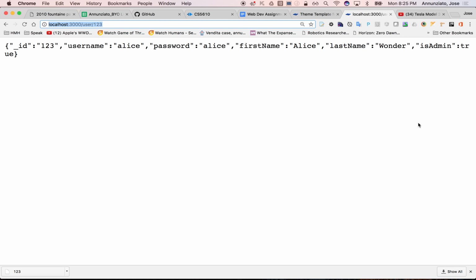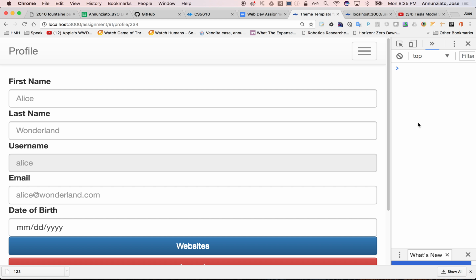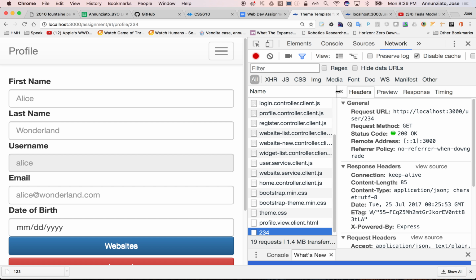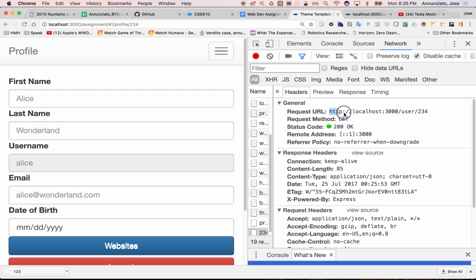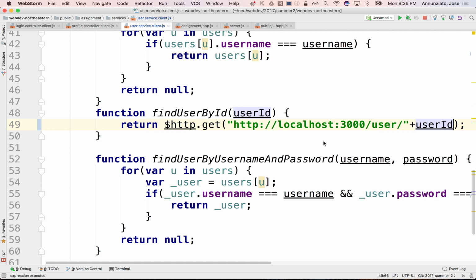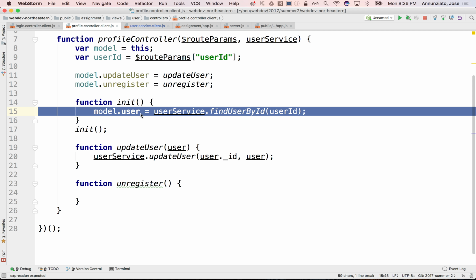Let's refresh the profile page. And it didn't work. Okay, what happened? Let's see the network traffic. If we look at the network traffic, we'll see that the last request was, you see that? That's exactly the request that we wanted to generate. So the controller did generate the request. There it is. And we can even look at the response. The response is exactly what we want. What happened? Well, if you go back to the controller that is calling this,